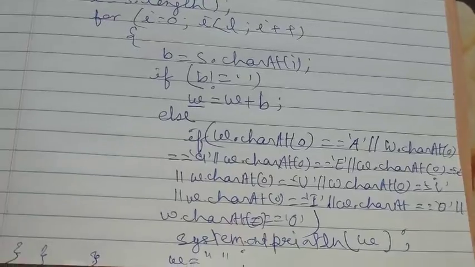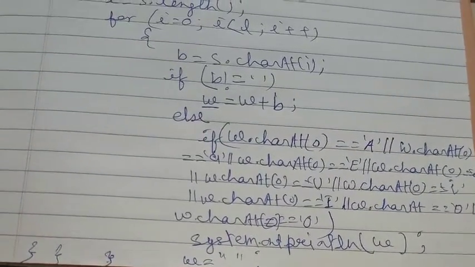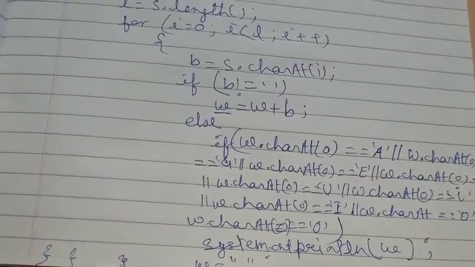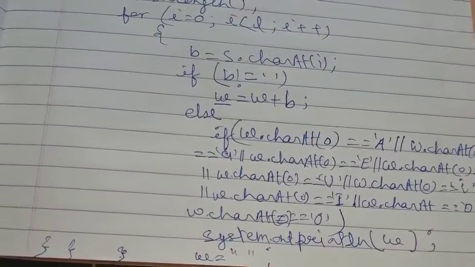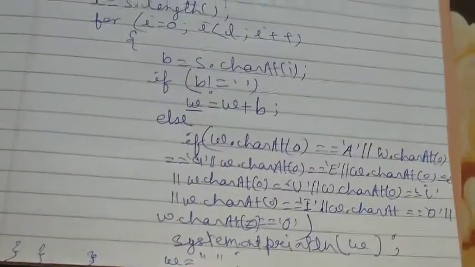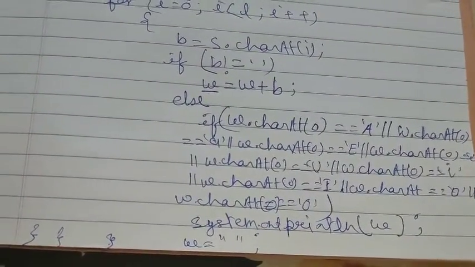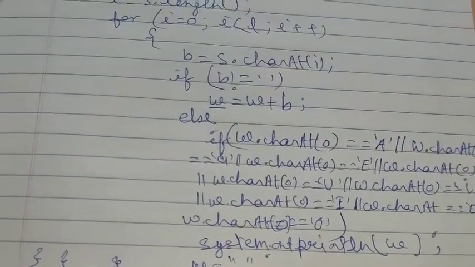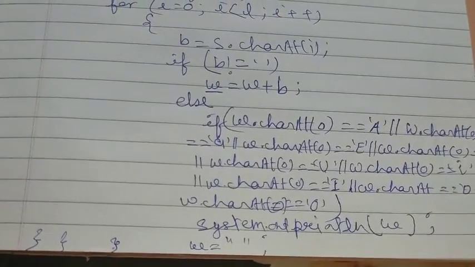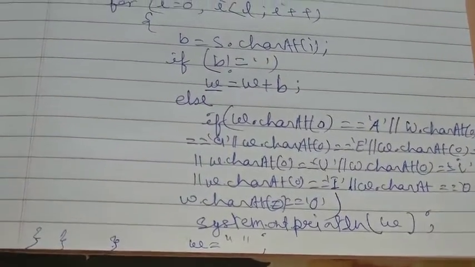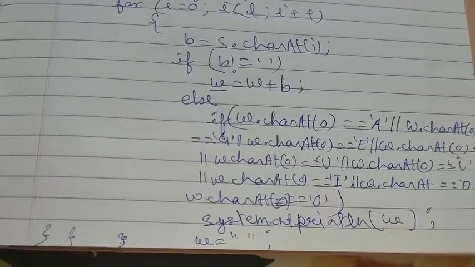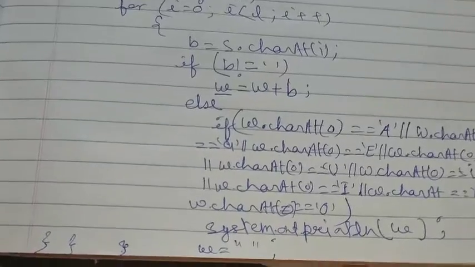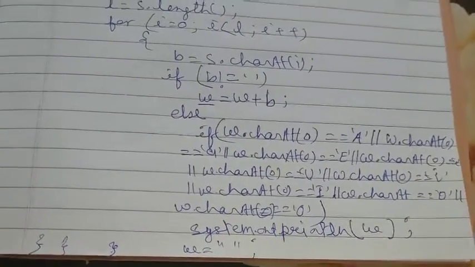So in this part, what I have done is I have extracted the word separately in w, and from the word w I have taken the character at position 0 and checked it against the vowels. If it is a vowel, then that word is printed, otherwise it goes to the next iteration and takes another word for checking. In this way you can print only the words which start with a vowel.